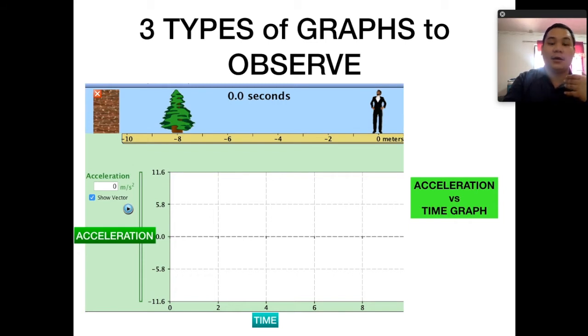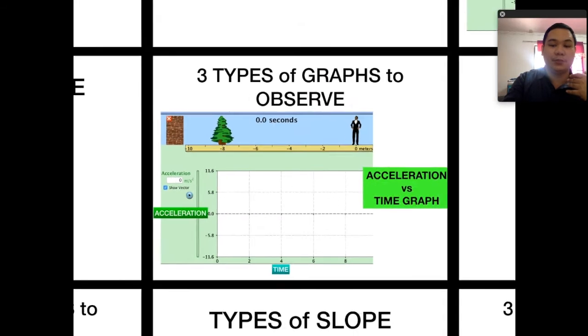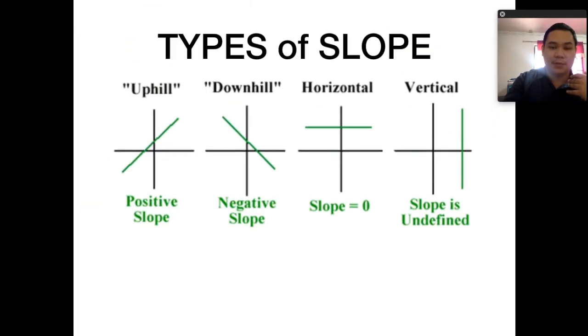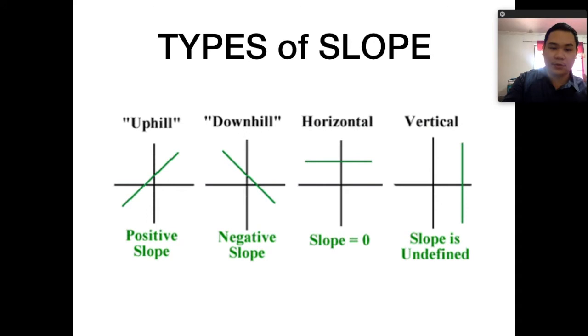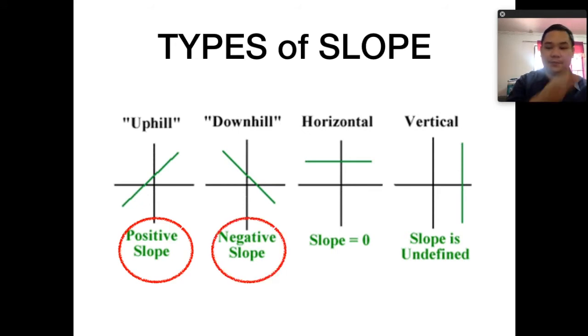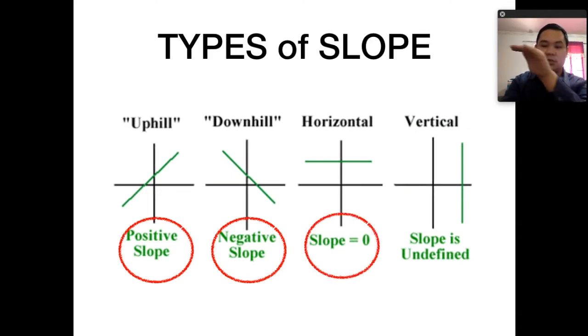And this time, let's try to recall our slope. In mathematics, we have different kinds of slope. We have the positive slope, and then we have the negative slope. And we have zero slope, let's say it is constant, and the other one would be slope is undefined. Of course,